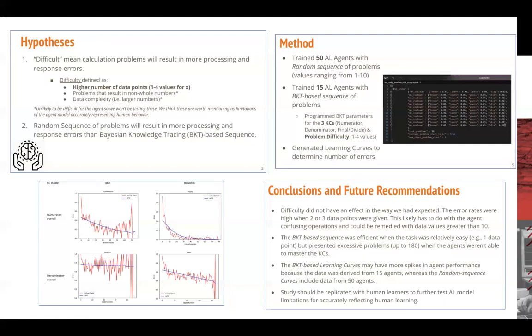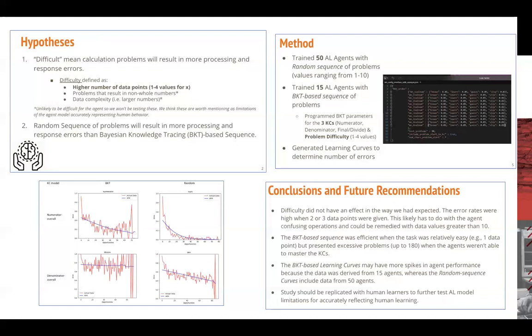And so it only served up the necessary amount of questions before it determined that an agent had mastered each of the knowledge components. So there were a lot of things that we took away from this. One of the most obvious was the efficiency of the BKT-based model, because in tasks that the agent was able to master in the amount of problems that we had and the amount of time that we did this,